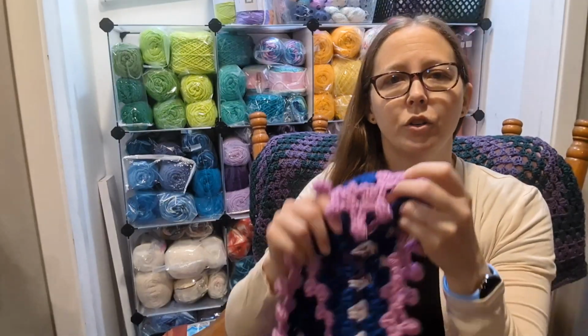it is a pattern from Bag O' Day Crochet. It is her 8-point star blanket, her version of it. I know there are many other versions out there, but if you search 8-point star blanket Bag O' Day Crochet, you will find this specific pattern where she adds